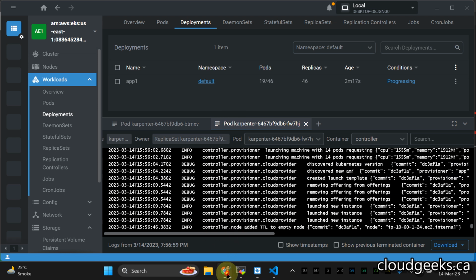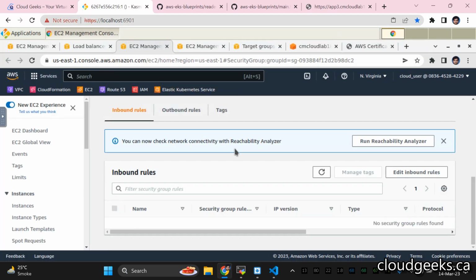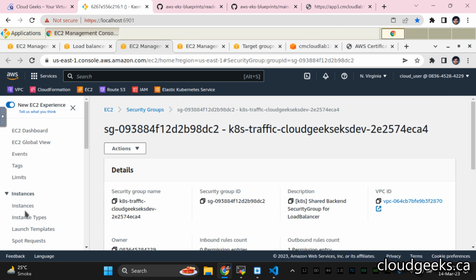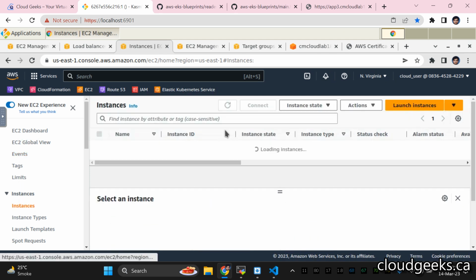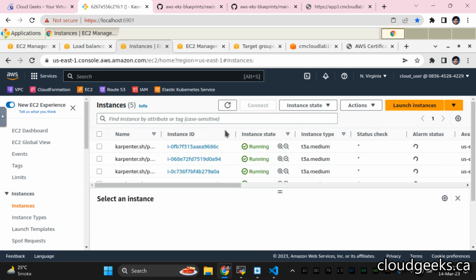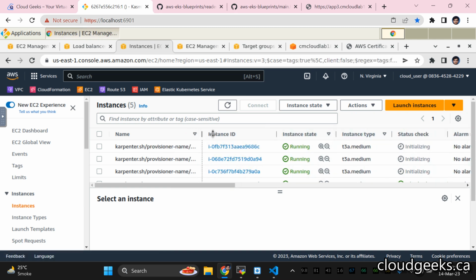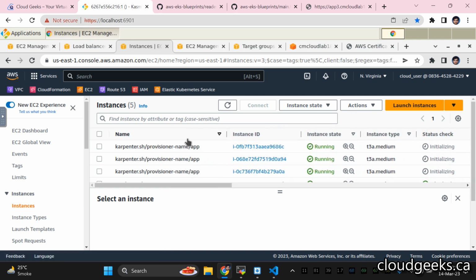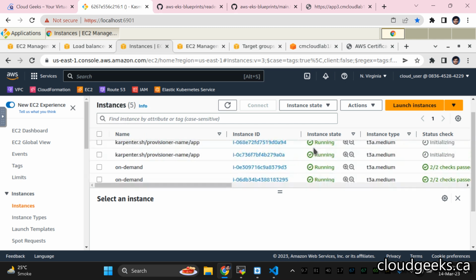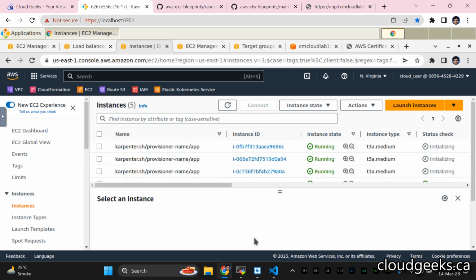If I navigate to the EC2 section in the UI, I just want to show you how Karpenter works, regarding the setting, if we have set up our custom provisioner. See, it has launched our custom provisioner. You see the name of that provisioner is app. You see, initialization of those EC2 machines has been done quickly, and those pods are going to